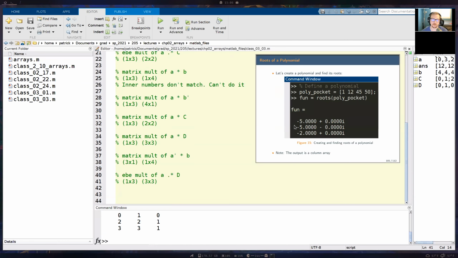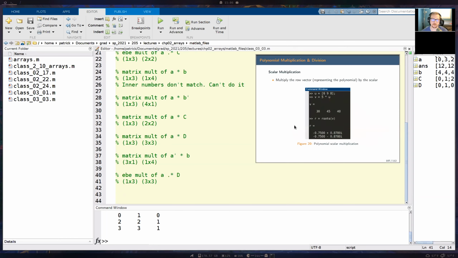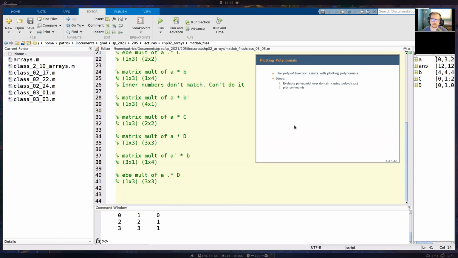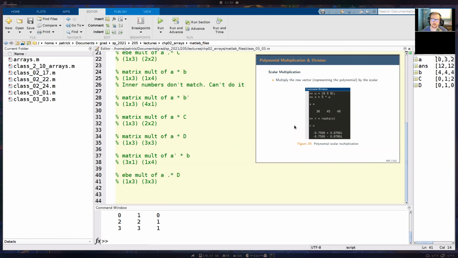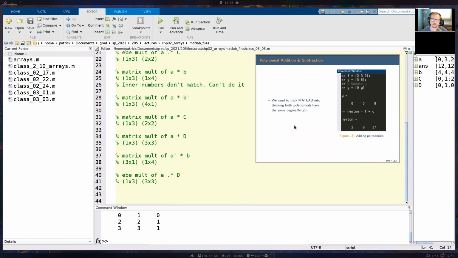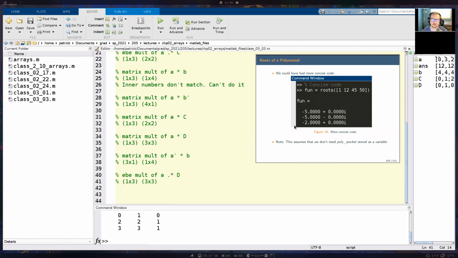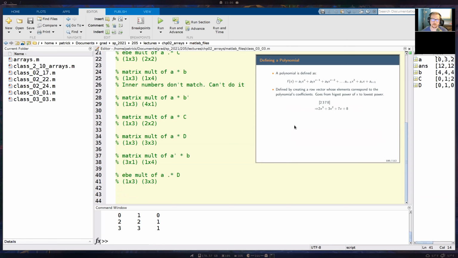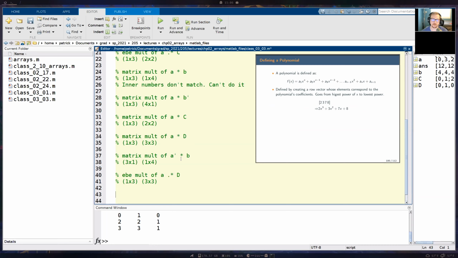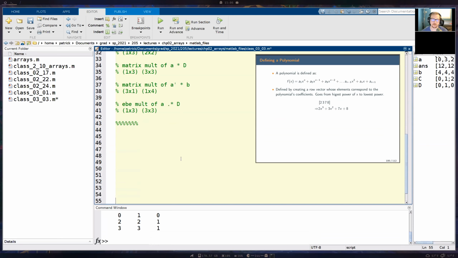Okay, so let's start out. I'm not going to go over all of the slides here that I have at the end, only because some of these I go into far more depth once we start doing the plotting chapter. And some of these we've already gone over before. So we've already talked about polynomials and how we define them in MATLAB. Let me make a new section. No quiz today, quiz on Monday.